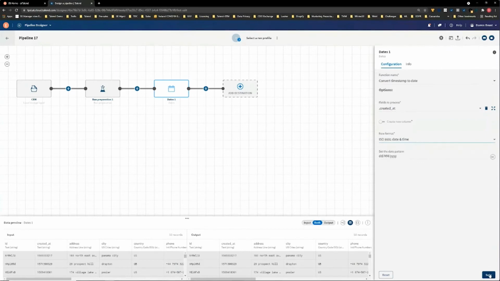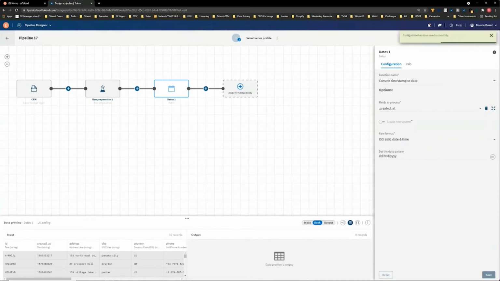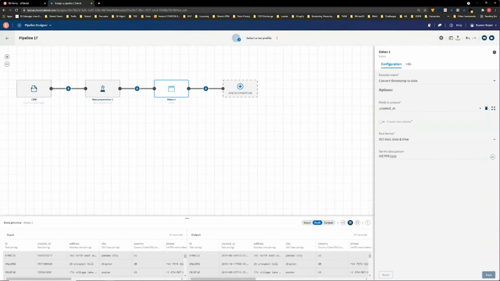and time. If I save that, what I should see on the output in a second is now the preview of what our new data set looked like. So the idea here with Pipeline Designer is very simple: to drag or add processes to the pipeline, but always be available to introspect what the data looks like before actually running the pipeline. So it's pretty much understanding the intention before you actually run it.